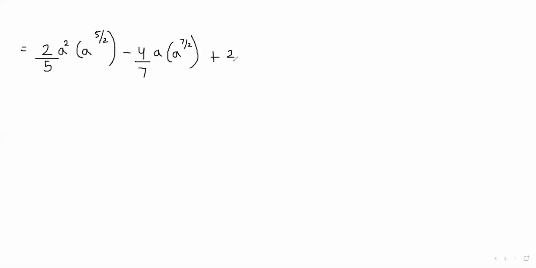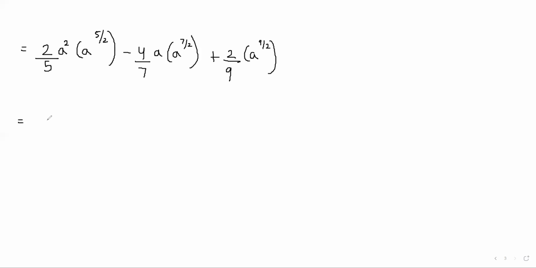Now, next step, which is equal to, when we solve it further, we get 2 upon 5. 5 upon 2, when we bring to the numerator, it is 2 upon 5. 2 upon 5 a square, in bracket a raised to 5 upon 2, minus 4 upon 7 a raised to 7 upon 2, plus 2 upon 9 a raised to 9 upon 2,